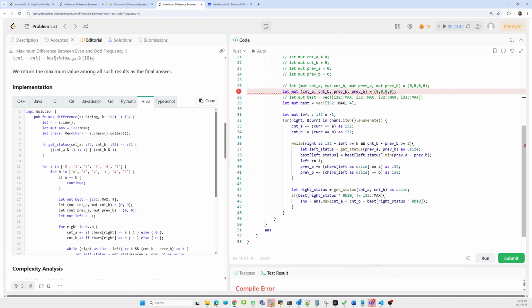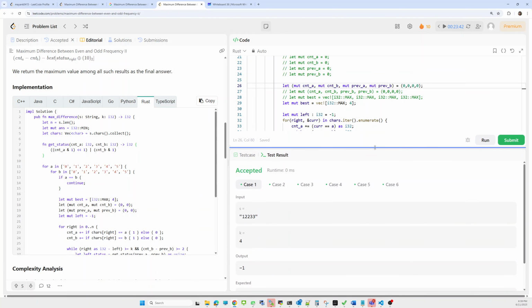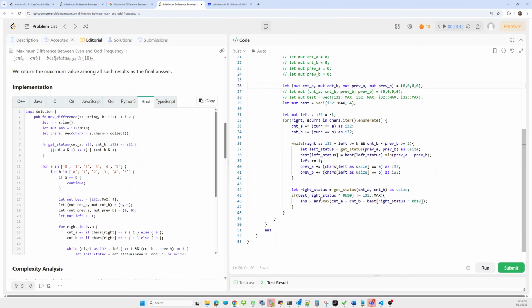One second. Why is it giving me an error? Okay, I forgot this. Now it is fine. Is there anything else? Yes, this max thing.